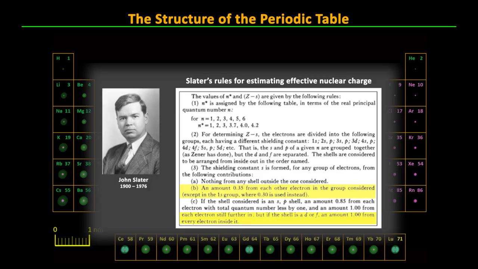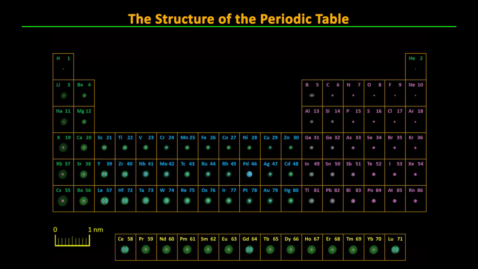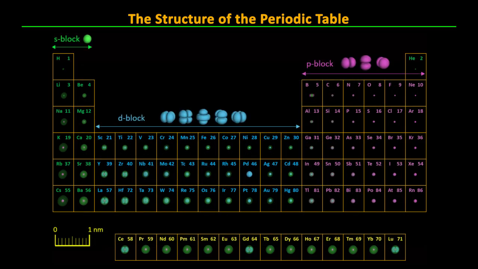Note that instead of specifying the values for l, Slater used the chemist's convention of labeling the orbitals s, p, d, and f for l equals 0, 1, 2, and 3 respectively. For this plot, I've colored the s orbitals green, p orbitals purple, d orbitals blue, and the f orbitals yellow. The more transparent shades represent partially full orbitals and the more opaque ones are full. I've left the outermost s orbitals more transparent so you can see more of what's going on inside.